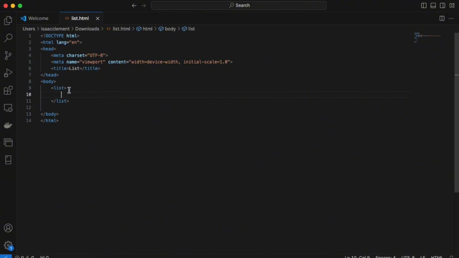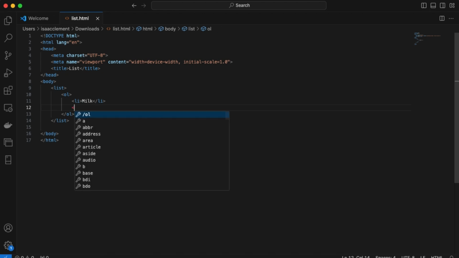So now what I want to do is to create an ordered list. So I'll say OL means ordered list. After you've done that, you would add all your list items. All your list items will be inside the ordered list. So you will use the li tag to list them. Take for instance, I want stuff like my grocery list to be here. So I would say milk. These are the things I'm going to buy in the store. So I'll say li, and then I'll say